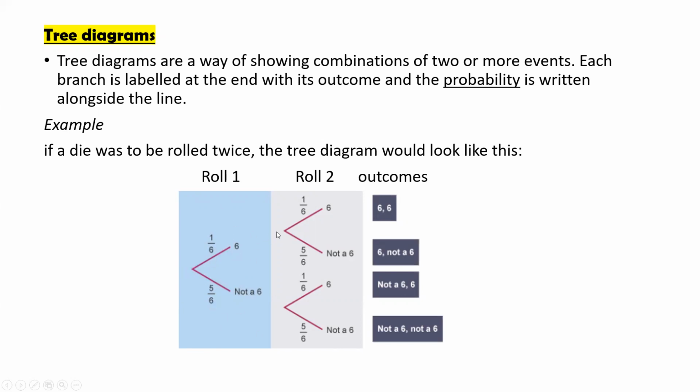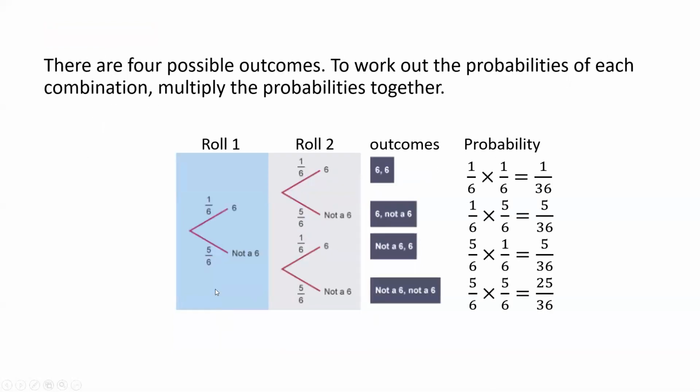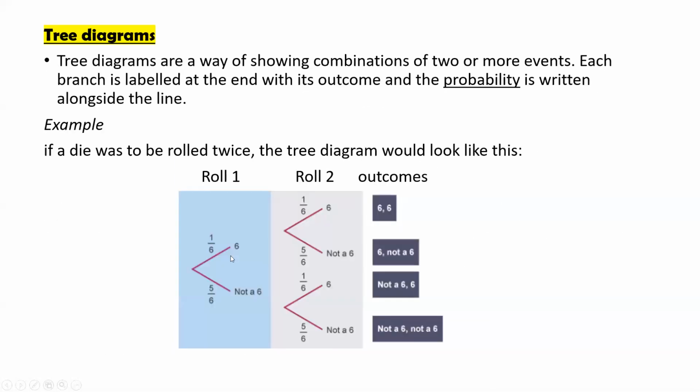Then after that, we continue each branch here with another 2, either 6 or not 6. Even here, you also need to draw another one, either 6 or not 6. So the probability here never changes. It's still 1 over 6 and 5 over 6, 1 over 6 and 5 over 6. You notice this, because we only need to know two outcomes, either 6 or not 6. So that means our probability is 1 over 6 and 5 over 6.